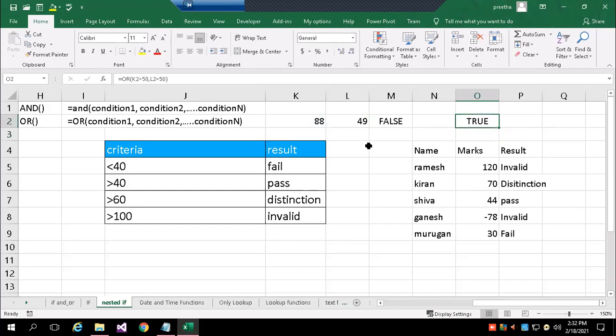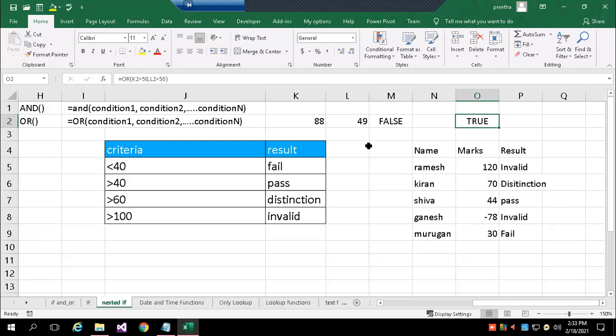So in your cases, where you do practical work or in your working place, when multiple conditions have to be evaluated and based on that you want to carry out the action, then you can use the combination of IF and OR, IF and AND. See, for AND, all the conditions must be satisfied, then only I should take action.